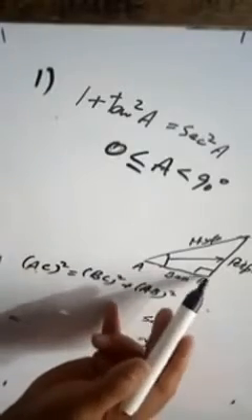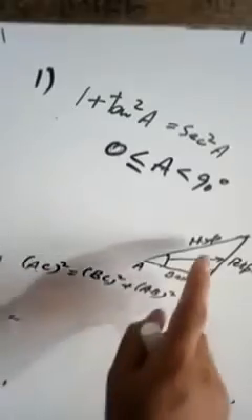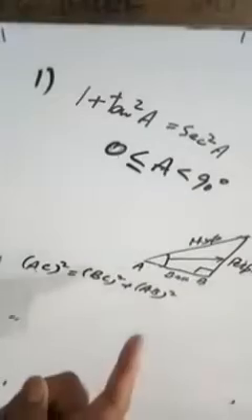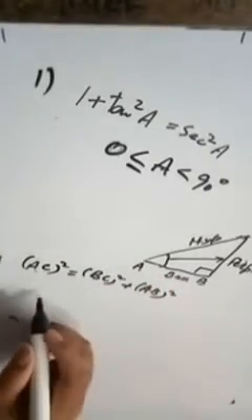Now it is hypotenuse AC, but what is pending? Base. What is base here? It is AB. So I will divide this equation throughout by AB square. Got my point? I am going to explain it again. In this identity, there is only one term, sec square A, but here it is AC square. AC is the hypotenuse here, but here I need a sec. Sec is the reciprocal of cos. Cos is equal to base by hypotenuse, so sec will be hypotenuse by base. So hypotenuse is given here, and we have to divide it by base. So I will divide this equation by AB square.